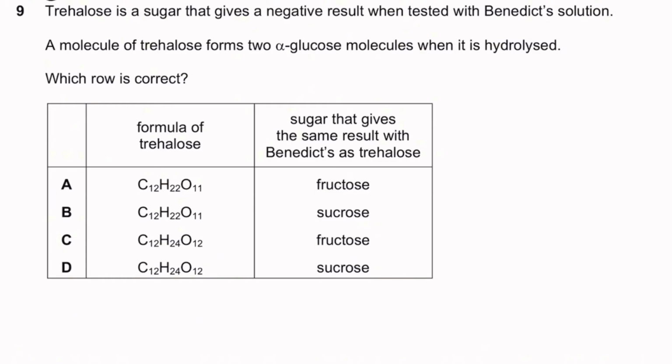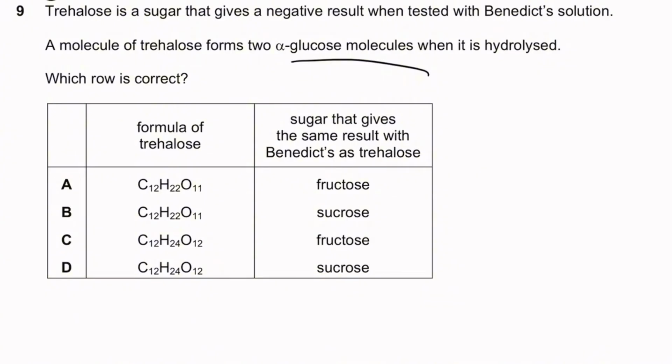Trehalose is a sugar that gives a negative result when tested with Benedict's solution. A molecule of trehalose forms 2 alpha-glucose molecules when it's hydrolyzed. Interesting. So which row is correct? A formula of trehalose and then a sugar that gives the same result. Okay, so you have to understand here it's a compound of alpha-glucose. And when alpha-glucose is condensed together, it will lose 1 water molecule. So the formula is not going to be